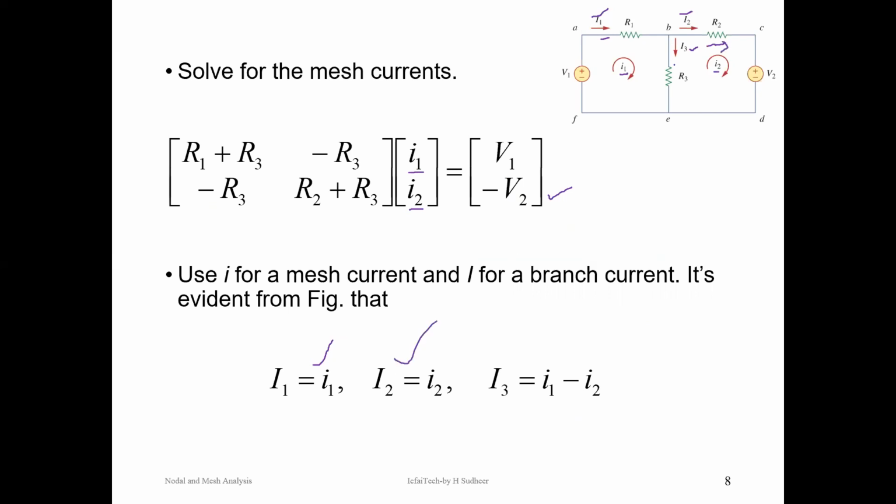And what is I3? I3 is the current flowing in downward direction. So I3 is the resultant of I1 going in downward direction and I2 going in upward direction. So I3 is equal to I1 minus I2. In this way, we can consider a planar circuit, apply the mesh currents and write down the KVL equations. If there are n number of meshes, you will get n simultaneous equations. Rewrite in a standard matrix form, then you can determine mesh currents. Once you determine mesh currents, we can find out the current through any branch and the voltage across any branch.